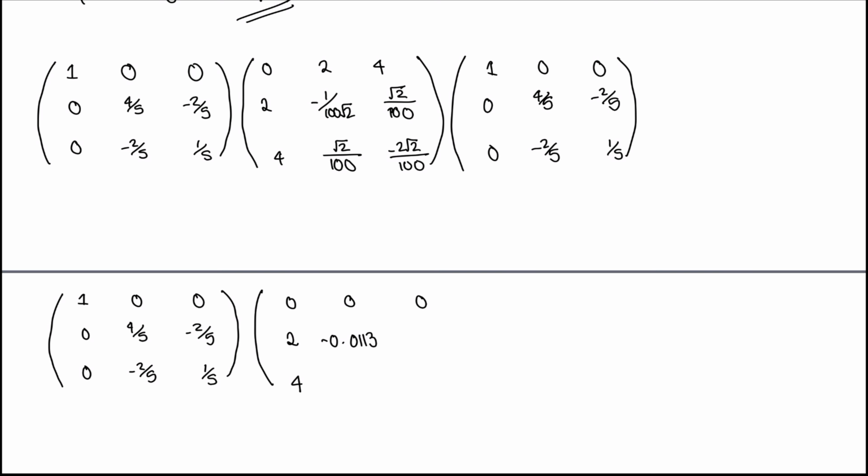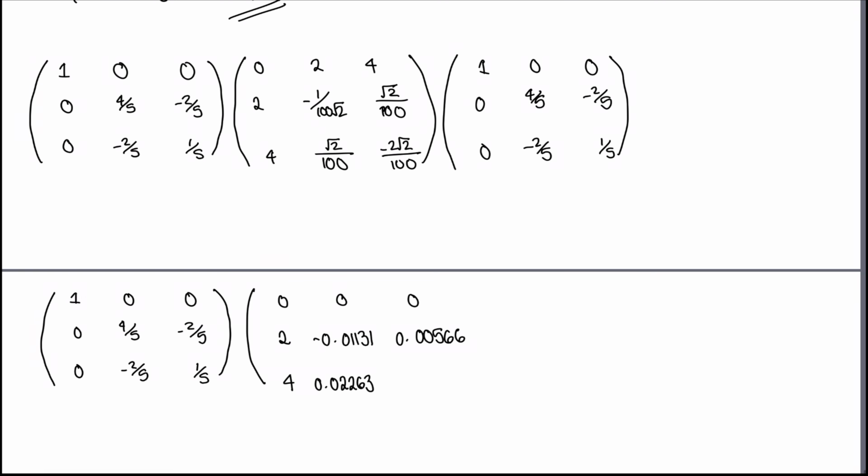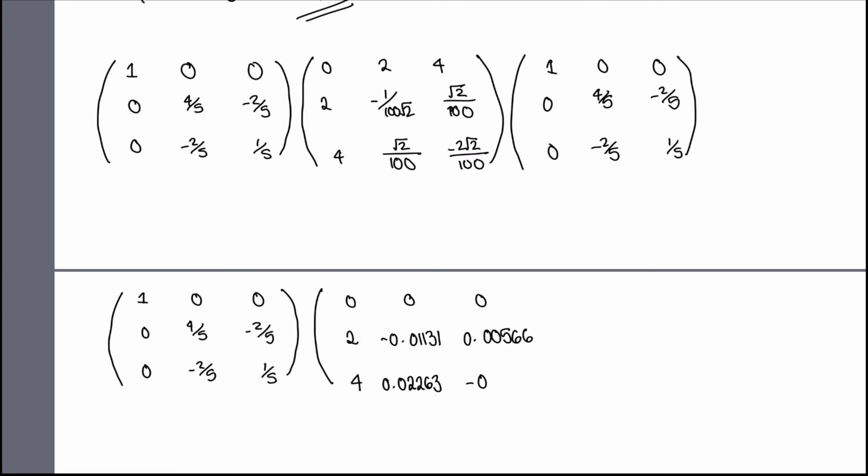I'd recommend doing as many decimal points as possible. So in this case, I'm going to do 5 decimal places. Over here we get 0.00566, and that's been rounded. Over here we get 0.02263, which again has been rounded. And over here we get minus